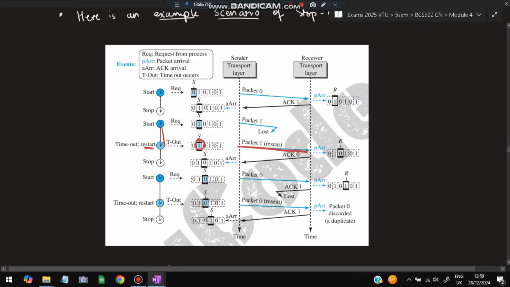Packet 1 is resent and it is received. The next packet it requires is 0, so acknowledgement 0 will be sent back, and the acknowledgement is also received here. The acknowledgement 0 is received, so it will send the packet 0 here. The packet 0 is sent and it's received. Next is 1 here, so it will send the acknowledgement for 1, but in this case